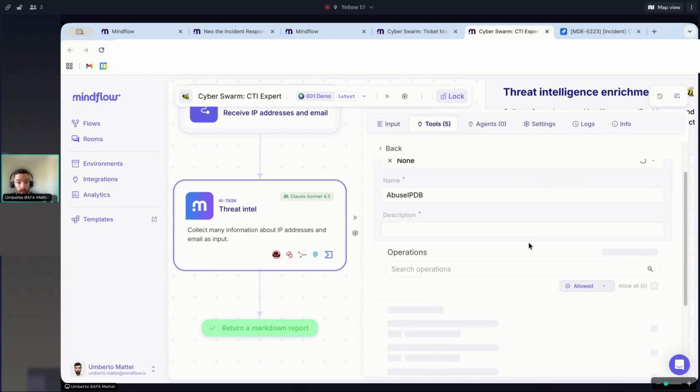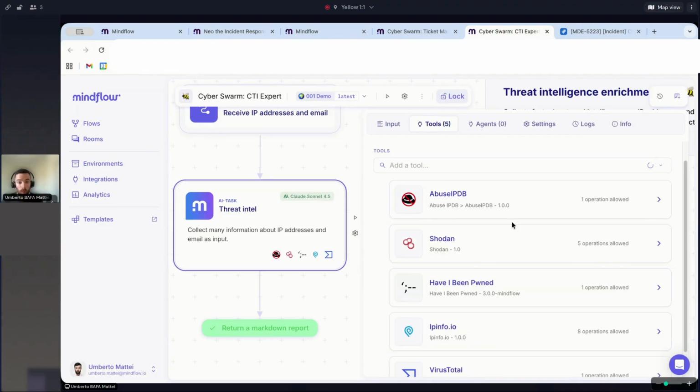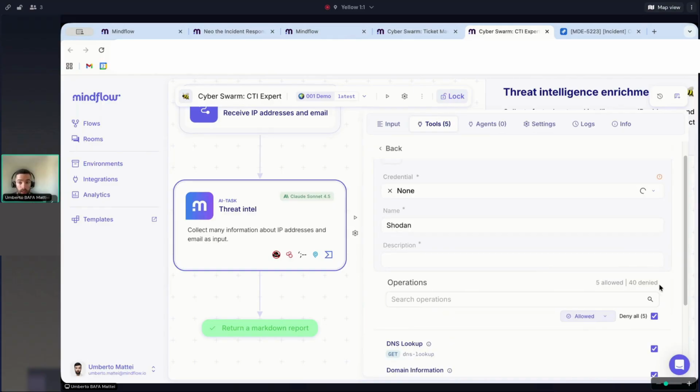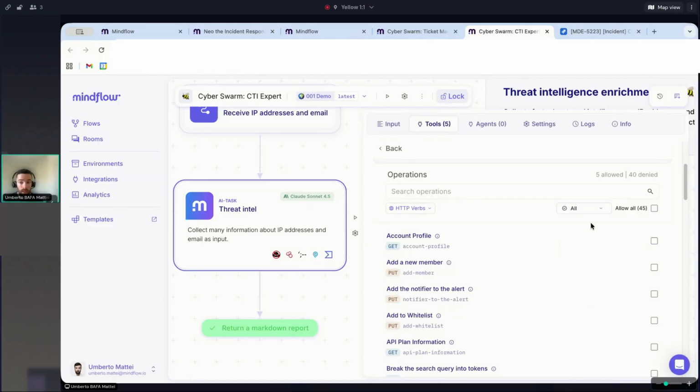If we take, for instance, the AbuseIPDB integration, we will see that we have multiple different operations we might be able to select. We have to whitelist those operations in order to make sure the agent only performs the calls that are relevant to the task, and does not perform any call that is not relevant to us or that could pose a threat to the company.